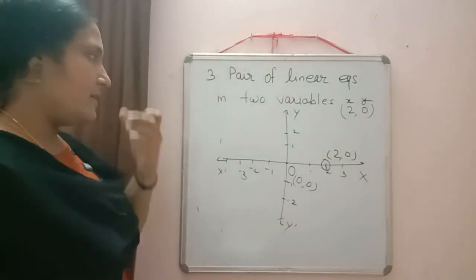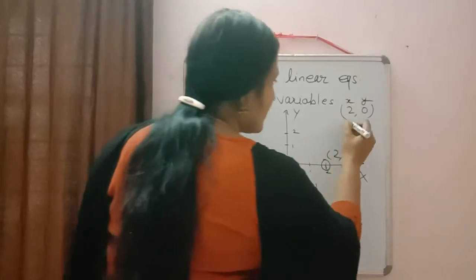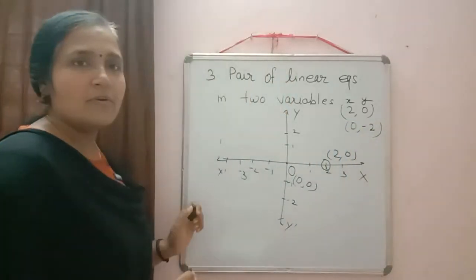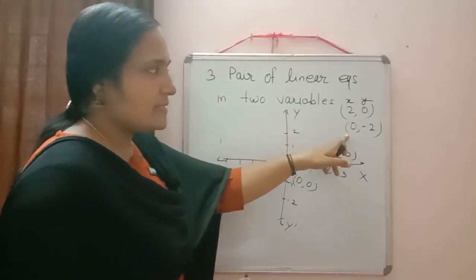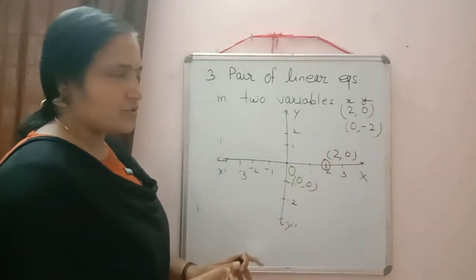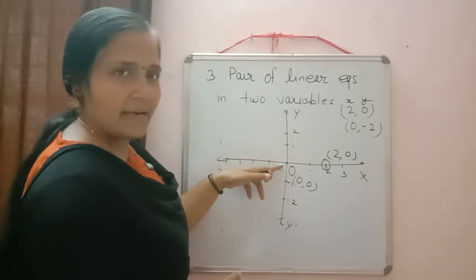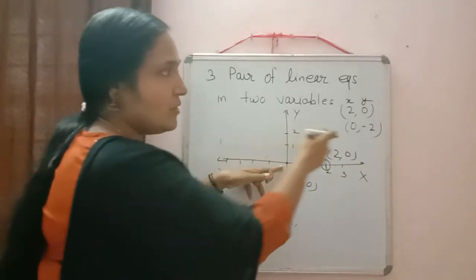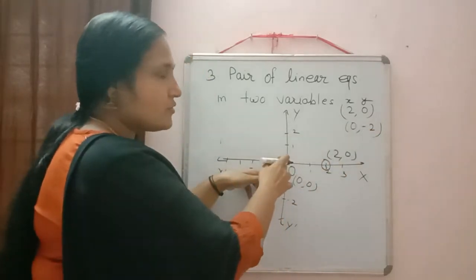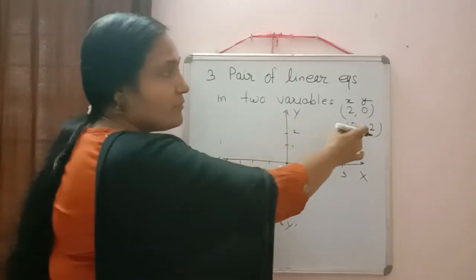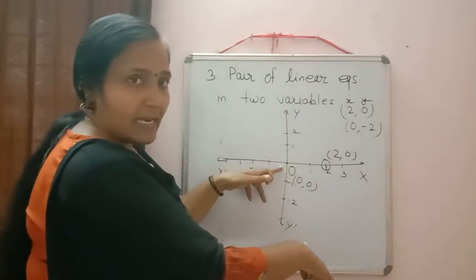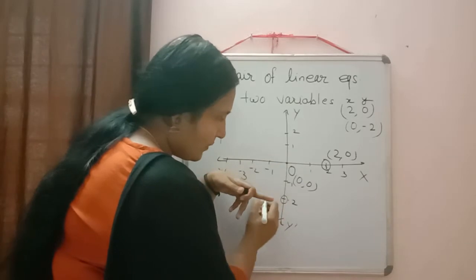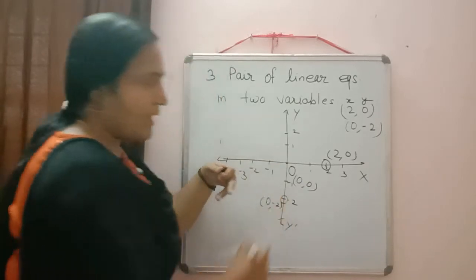Clear? Okay. Now similarly, suppose we have to plot the point (0, -2). How will we do it? Here the x coordinate is 0 and the y coordinate is -2. Again, at present we are at the origin. So on the x-axis we are not moving. We are moving along the y-axis, and that also not to the positive side. We are moving to the negative side by 2 units. So 1, 2. This will be the point (0, -2).